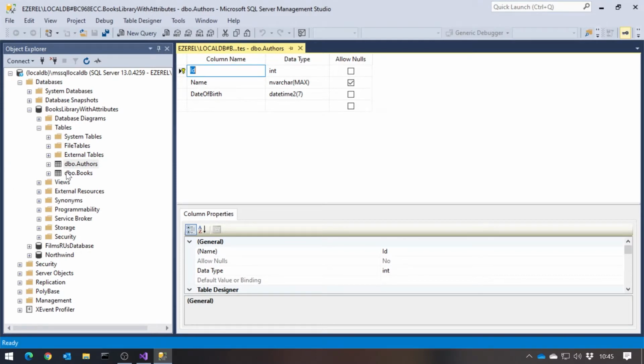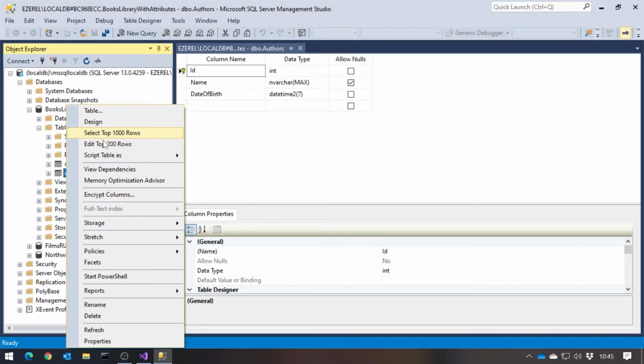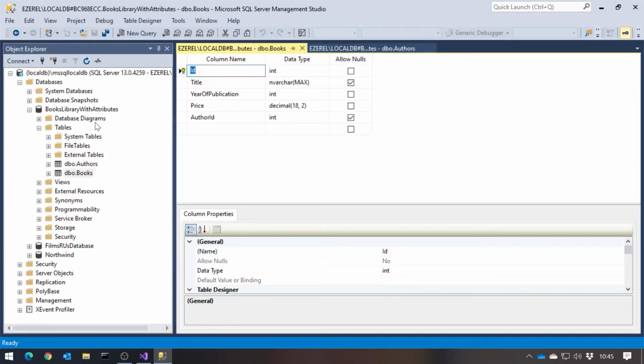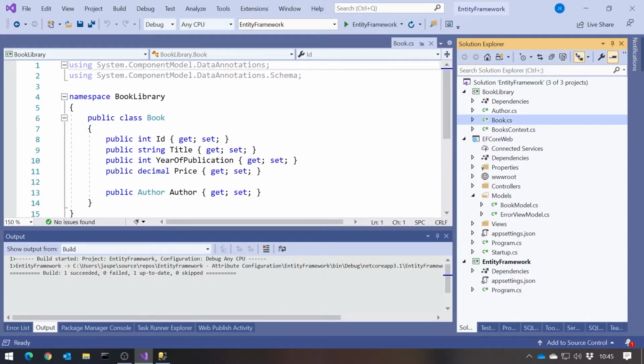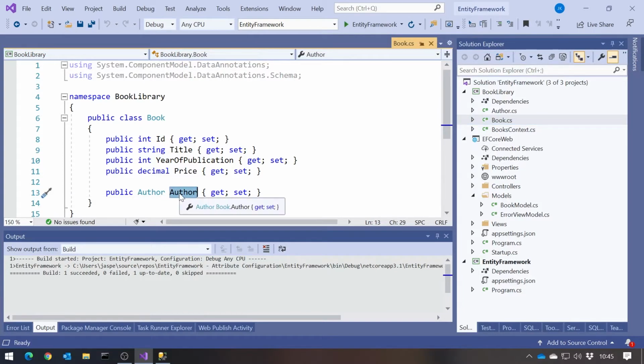And if we then look at our books, same thing goes in terms of the fact it's been called books based on what was in the DB context. Similar sort of things. The other thing it's done here though is in generating the foreign key that joins us to the authors, it's simply taken the entity name author and put ID on the end of that. So that wasn't anything specific in our code, it just worked that out. Again, because if we look at the book, a book has got an author, so that's the name of the property, so it plonks ID on the end of that to give us author ID.